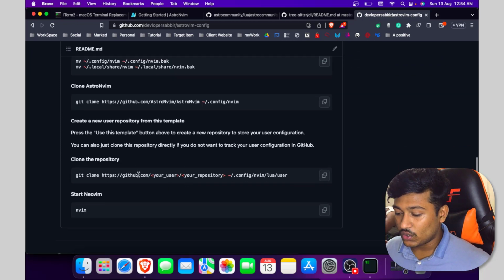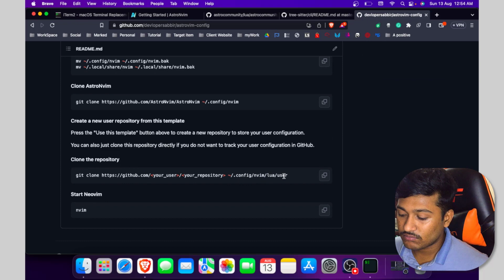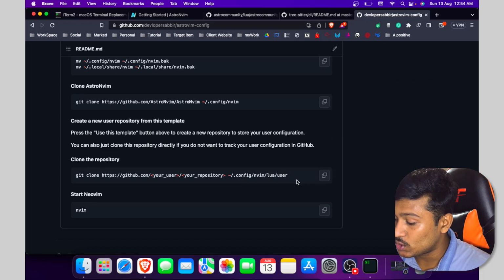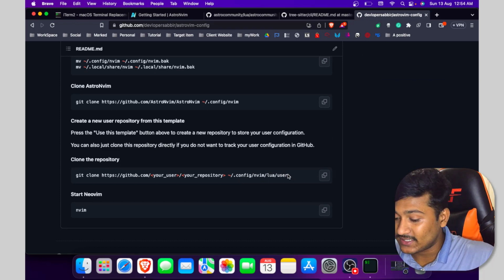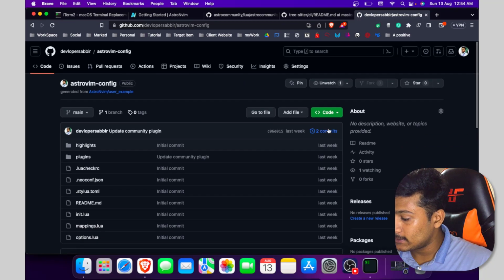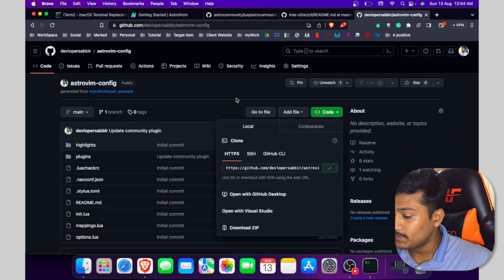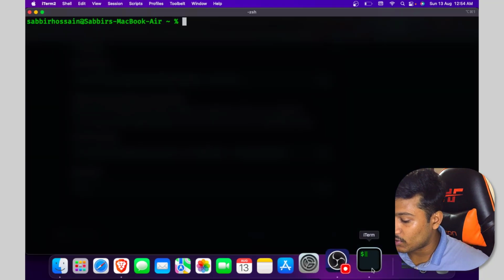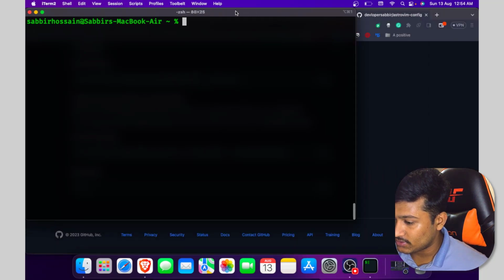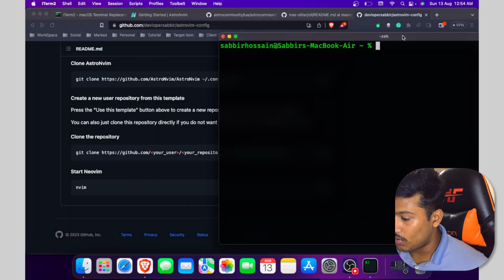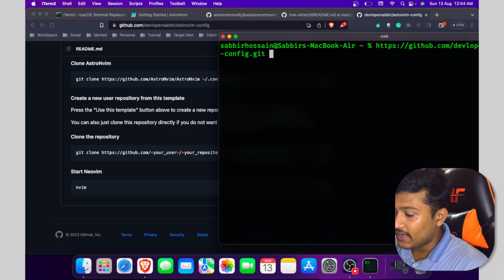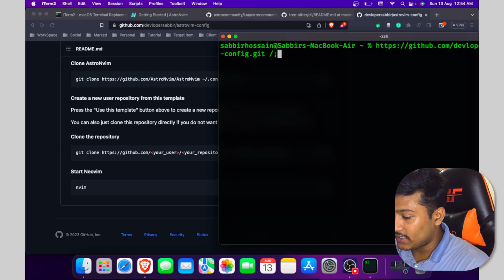So git clone, copy this one, scroll down a little bit, and paste it here.